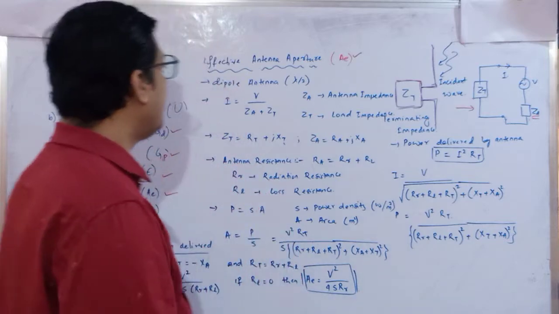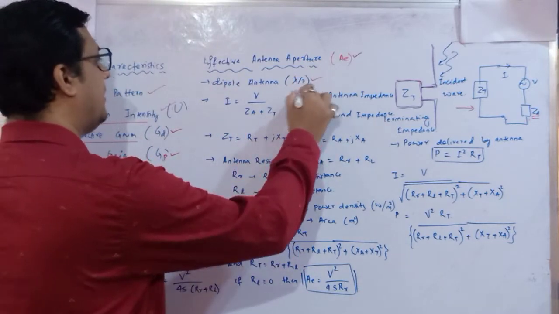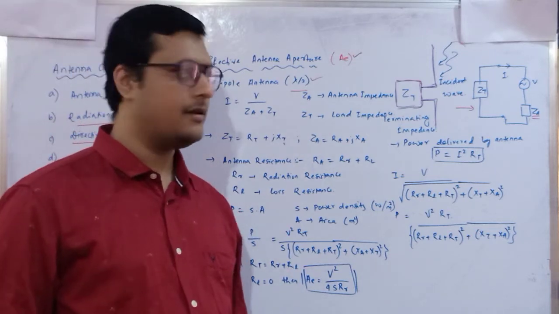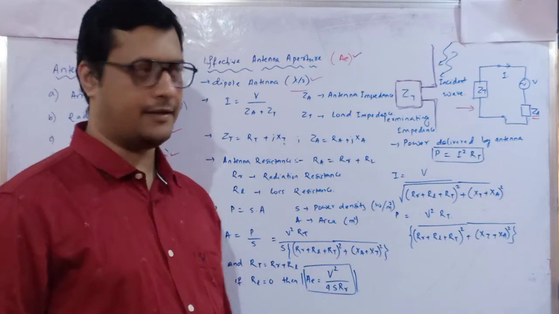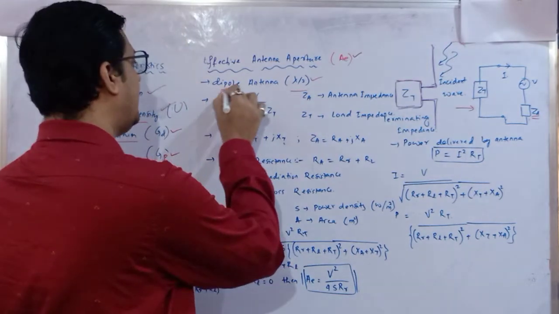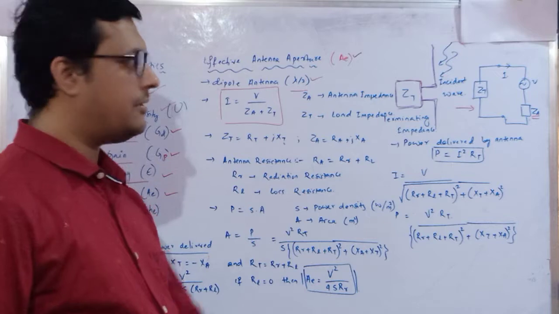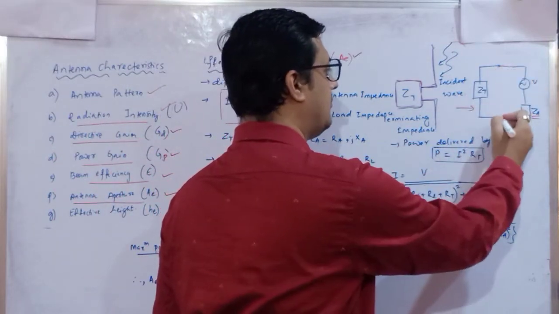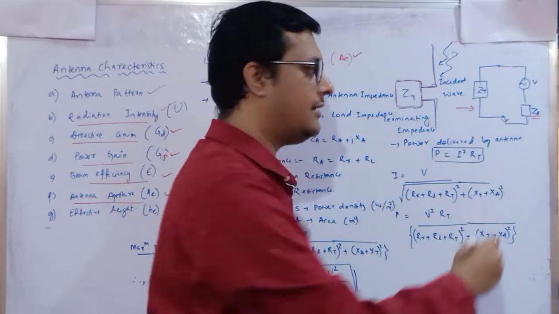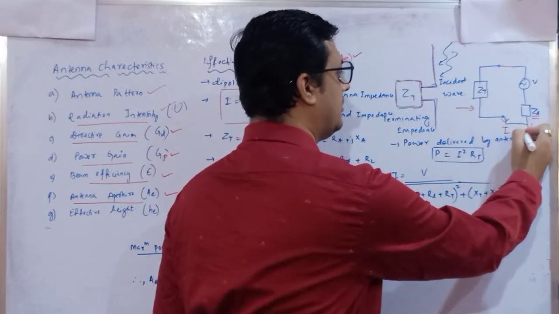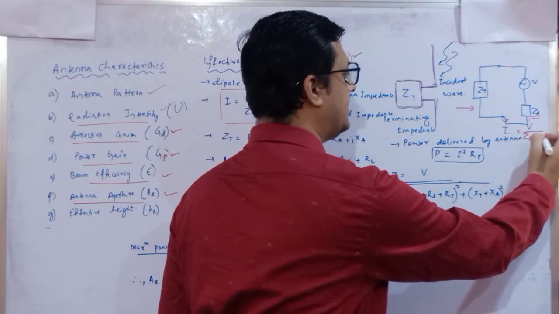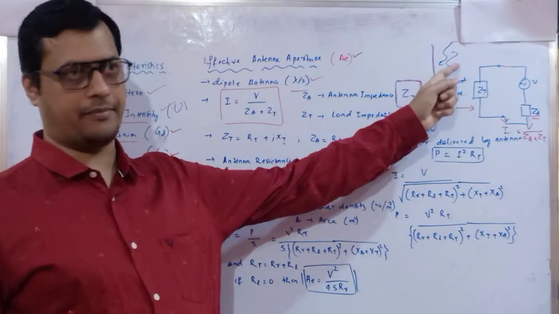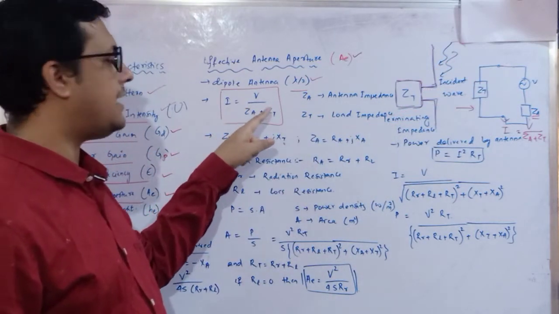So step by step, first let us consider an antenna as a half dipole antenna, or you can say it is a quarter wave dipole antenna. So I have considered it is a half dipole antenna. Next, as the current relation with respect to potential drop, suppose let us consider in this loop the current is moving out like this. Current is flowing, I. So what is I? I is equal to V divided by the net impedance. So what is the net impedance? Antenna impedance plus terminating impedance. So here, V divided by ZA plus ZT.